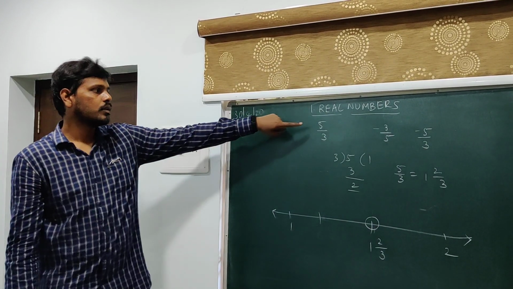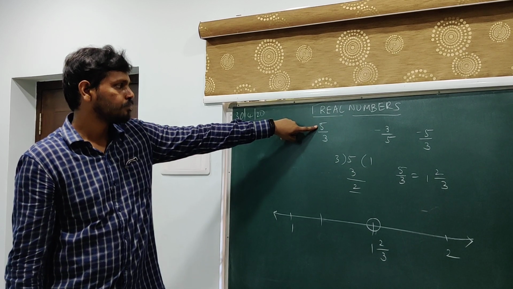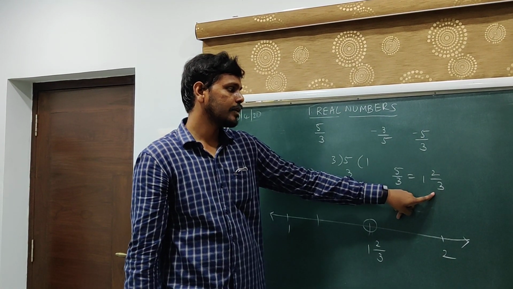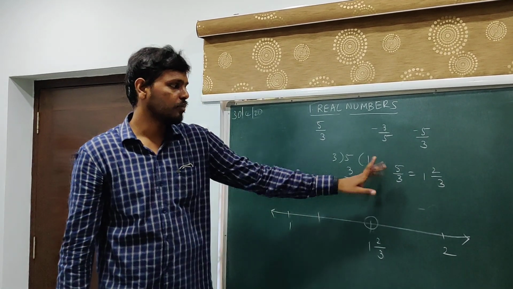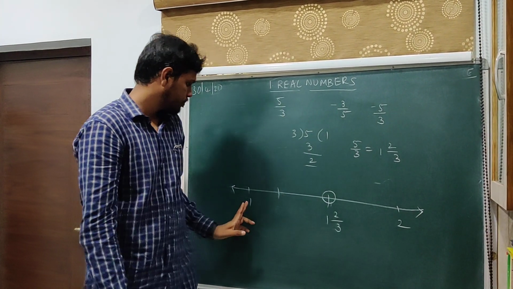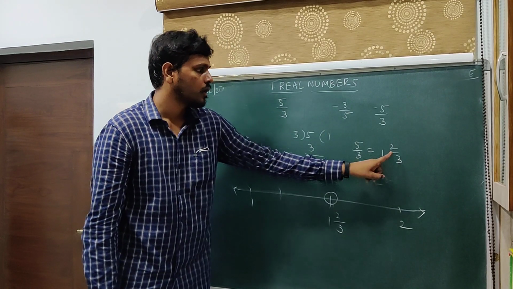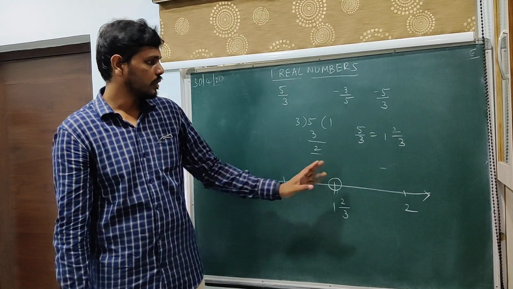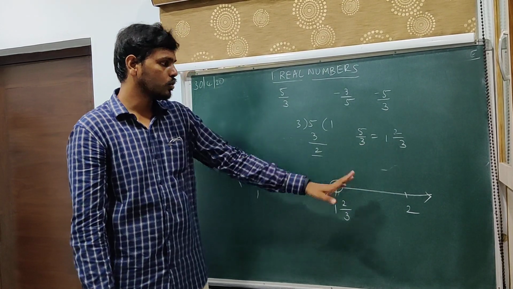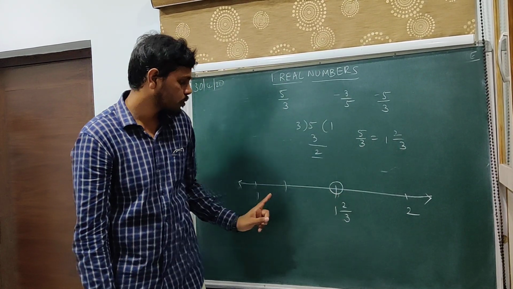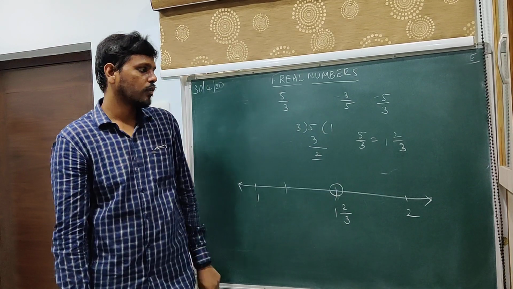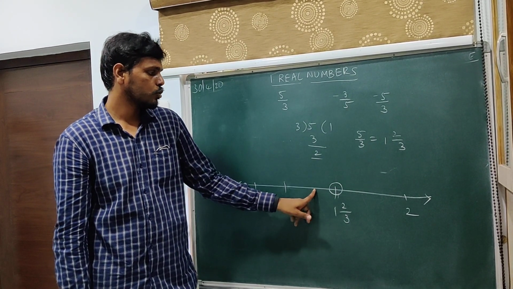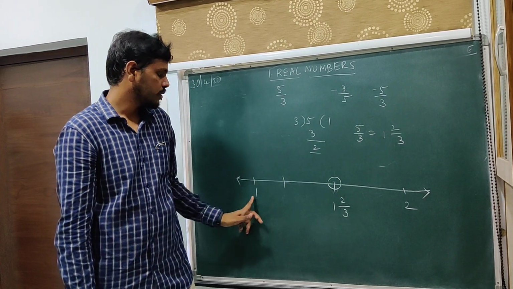So whenever the numerator is greater than the denominator, we write that into a mixed fraction. That tells you between which two numbers that number lies, and you will mark those two numbers. The denominator tells us how many equal parts to divide that space into. Here the denominator is 3, so we are dividing that into 3 equal parts, out of which we only require 2. This is one part, this is 2 parts, so this is 1, 2 by 3.